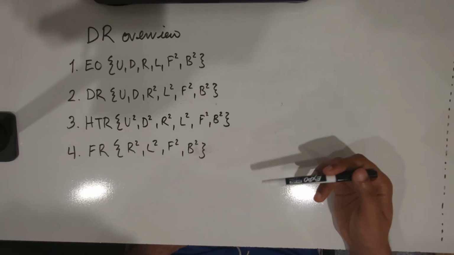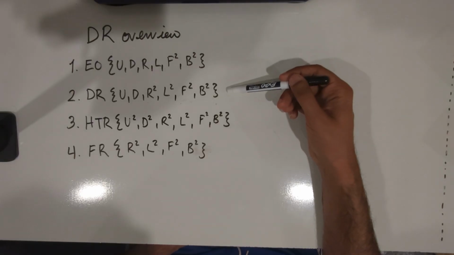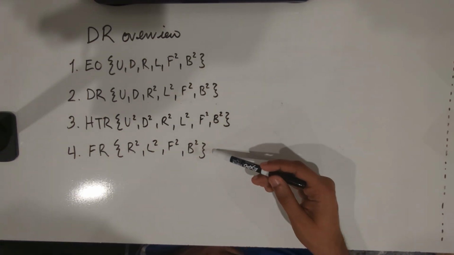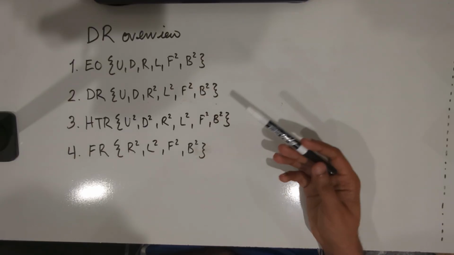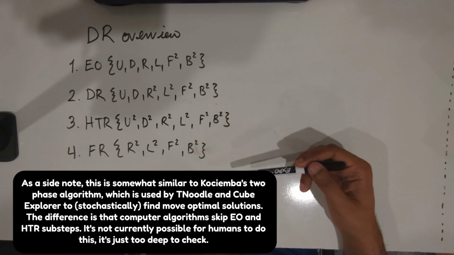In particular, there are at least 3 steps. EO, or edge orientation, in which we remove quarter turns on one axis. DR, or domino reduction, where we remove quarter turns on 2 axes and turn the cube into a domino cube. HTR, or half turn reduction, where we remove quarter turns on all axes. And then sometimes we use floppy reduction also, which removes all moves on one axis. And this turns the cube into a floppy cube or a 3x3x1. We're going to go into detail in each of these steps as the series continues, so don't worry about not